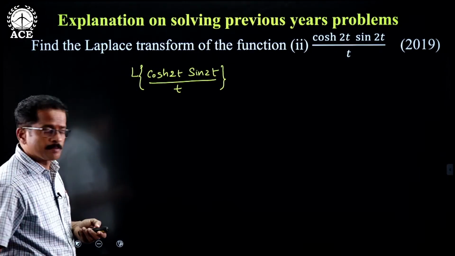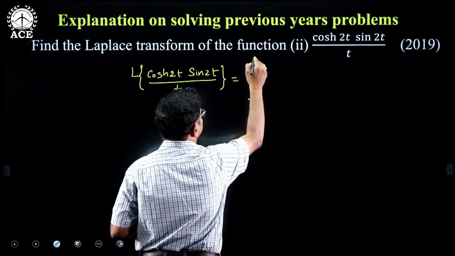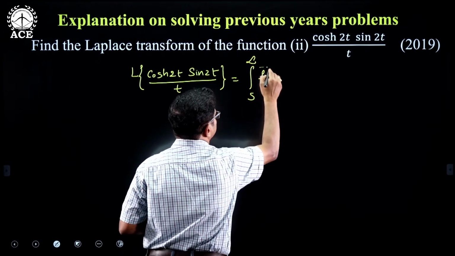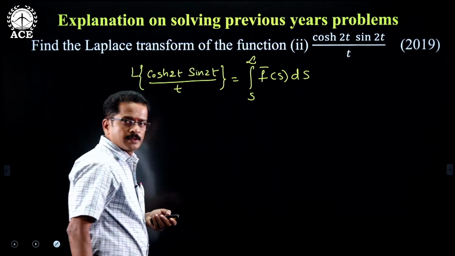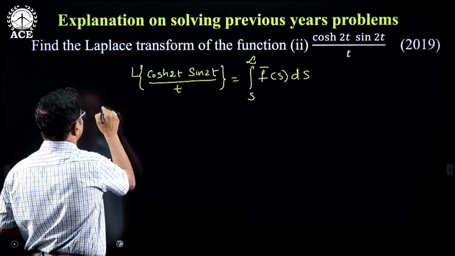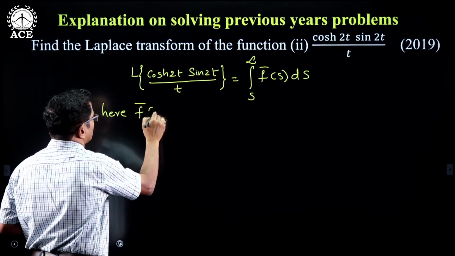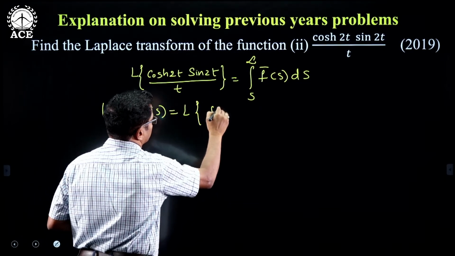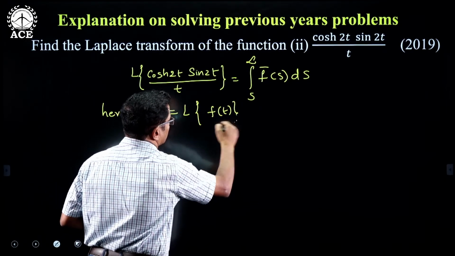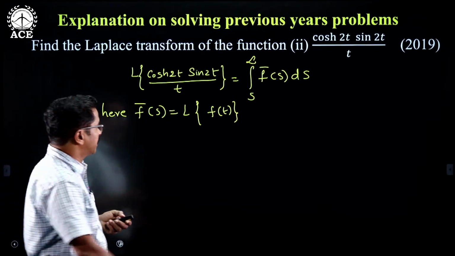So here also there is division by t, so it is the integration from s to infinity of f bar of s ds. So here f bar of s equals the Laplace transform of f of t,